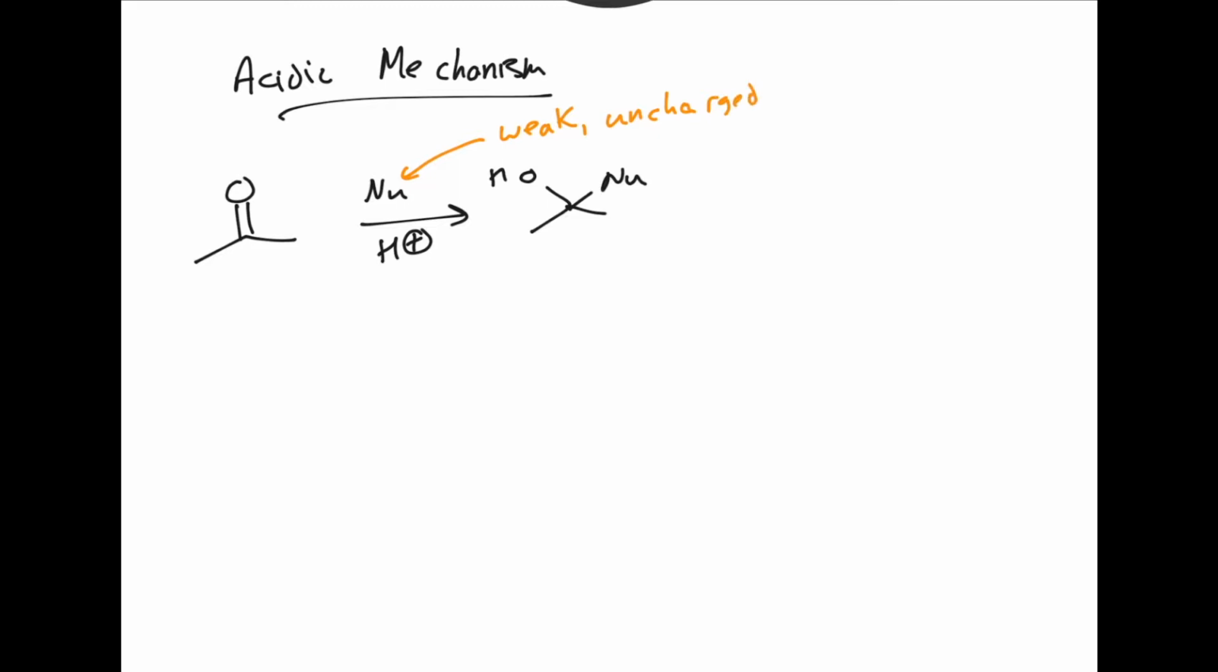So you're going to start with a weak uncharged nucleophile for the most part. All right. And this nucleophile is too weak to add to the carbonyl carbon, right? Carbon oxygen double bonds are strong. This nucleophile doesn't have enough oomph to add to the carbonyl carbon and break that carbon-oxygen double bond. So what happens in the mechanism, right,